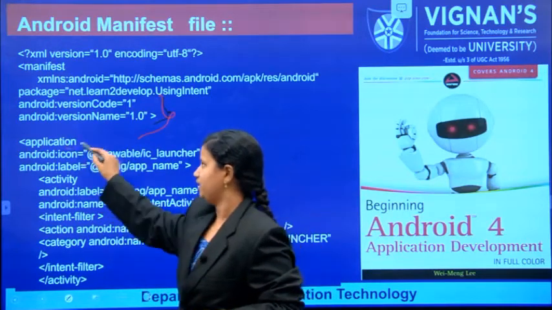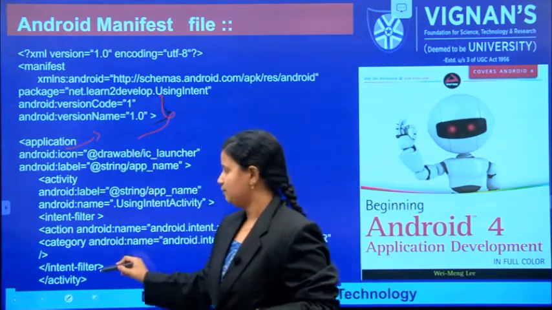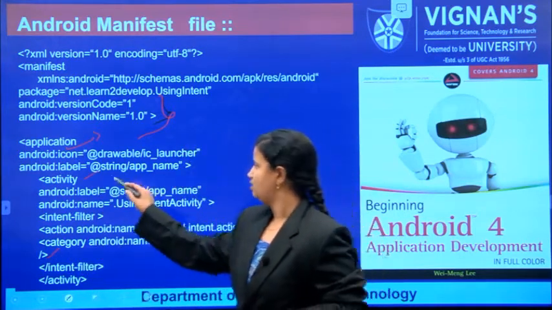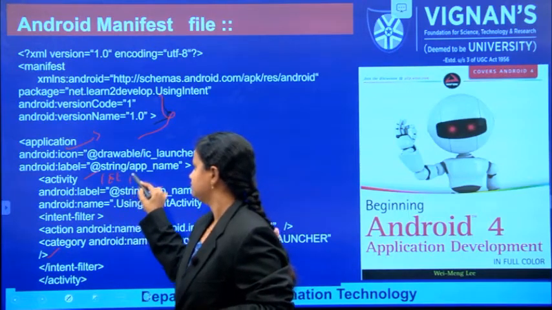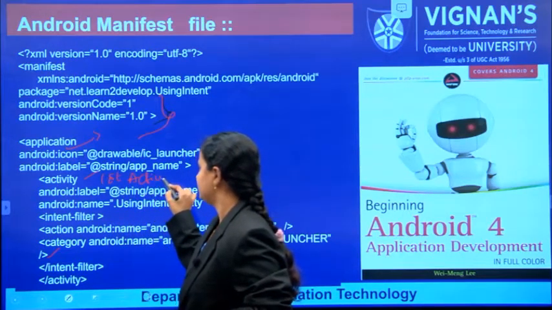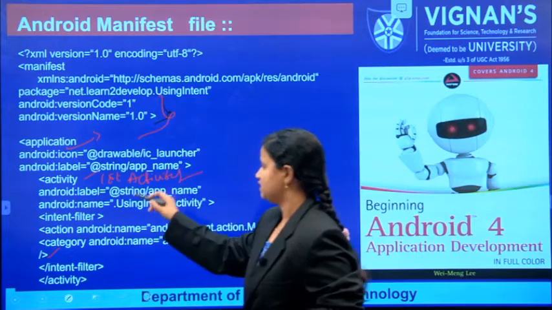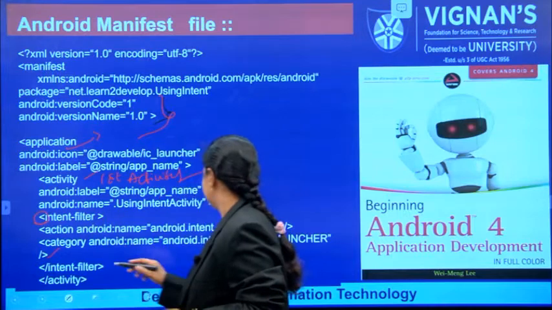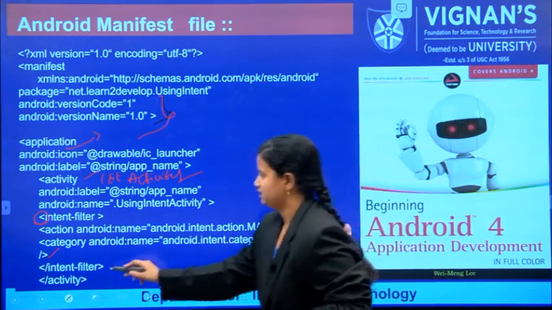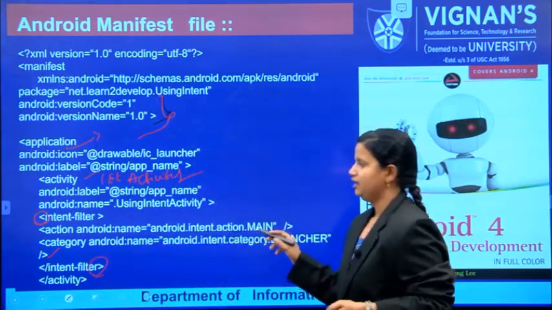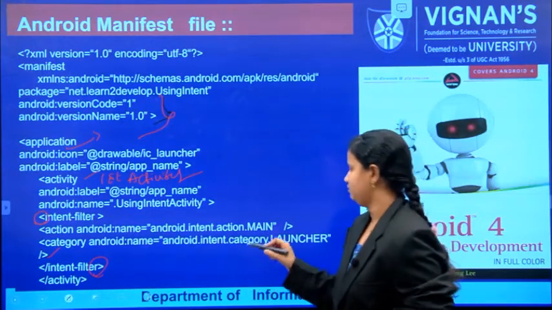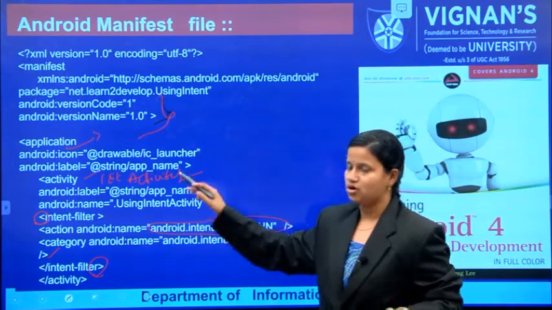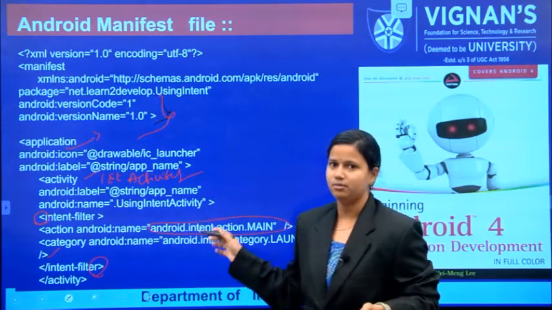Along with that, we are opening an application, and within that application we have an activity. This is the first activity, and in it we are representing an intent filter. The meaning of intent filter is that it shows at which time or in which place we have to call this activity, or where it will be invoked.